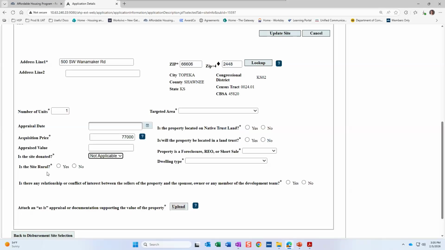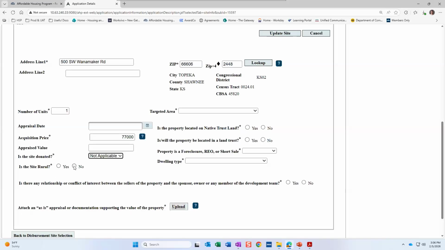So you still want to, of course, answer these questions, but these are for reporting purposes and statistical purposes to our regulator. They just like to have statistics on the properties that are receiving our funds. So that's what all of this information is for down here. So just keep that in mind. You'll still want to make sure you select commitments like rural or federally declared disaster area, things like that on the scoring commitment screen. This is not where we will be checking for those things. So you can answer this as applicable.